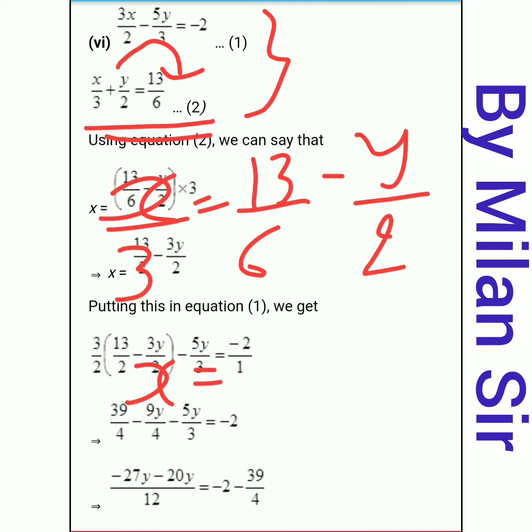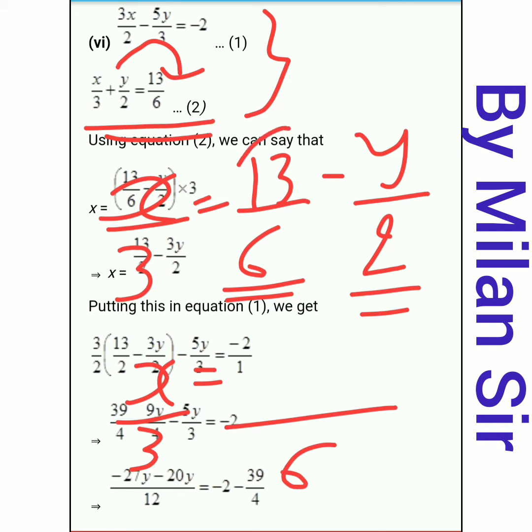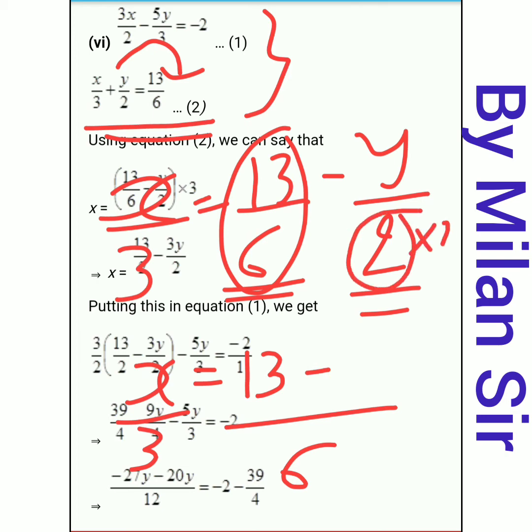We can take LCM. So 6 and 2, LCM is 6, right? So here 6. Now here already 6 is there, so numerator 13 as it is. Then minus sign, here we have 2. So 2 into 3, 6. So same thing we need to do in numerator. So denominator becomes 6 and numerator becomes 3 into y, it's 3y. So x by 3 is equals to 13 minus 3y upon 6. We take LCM 6 here.